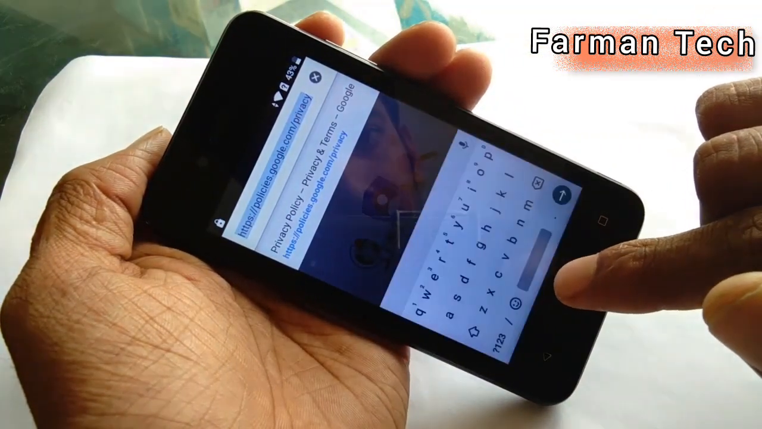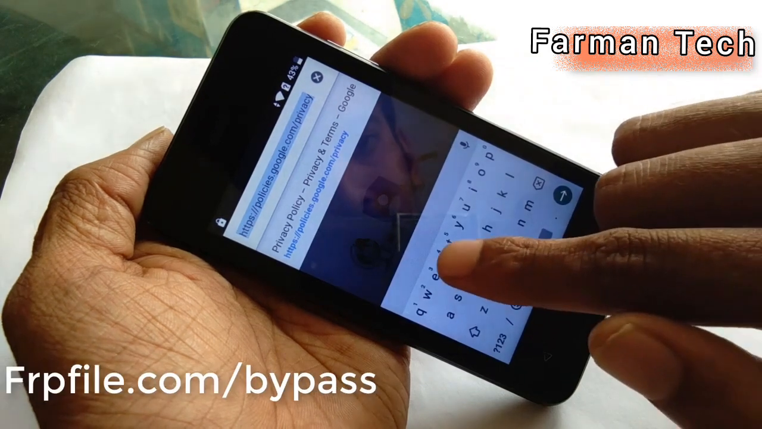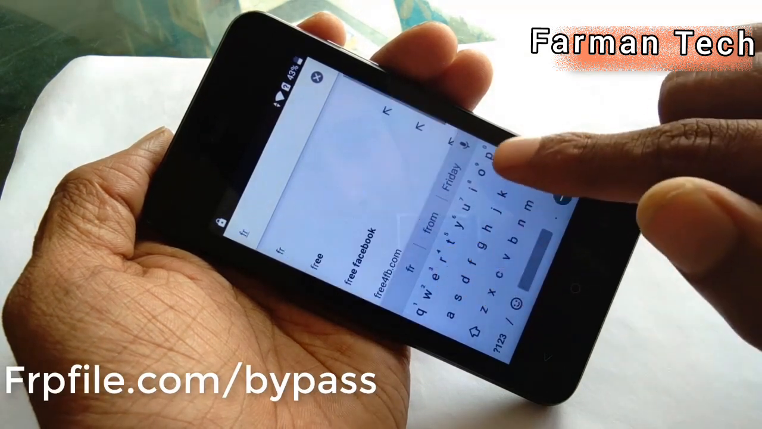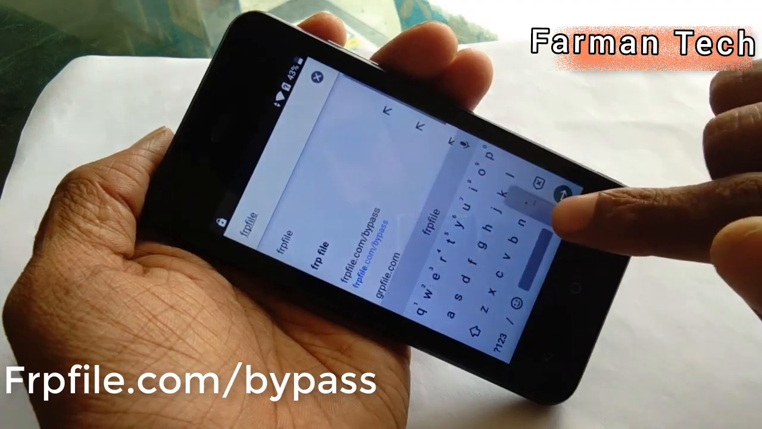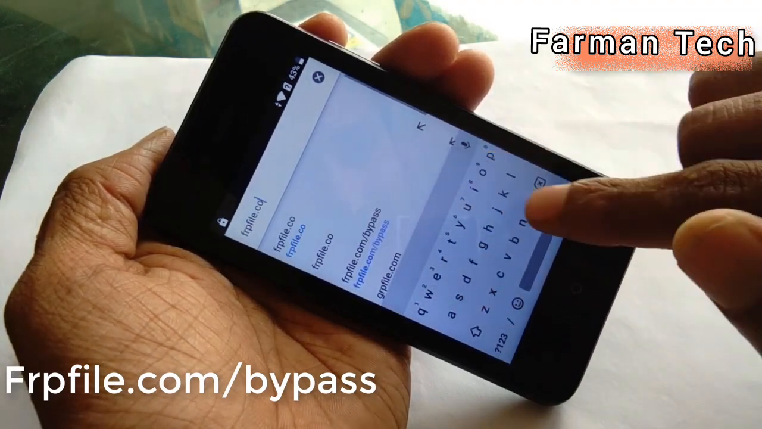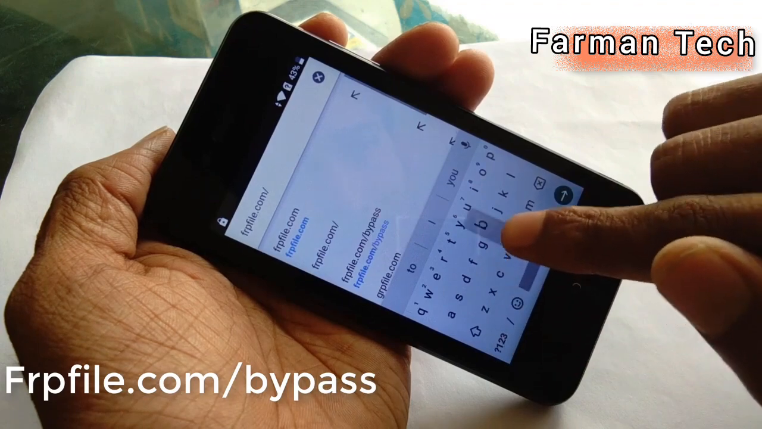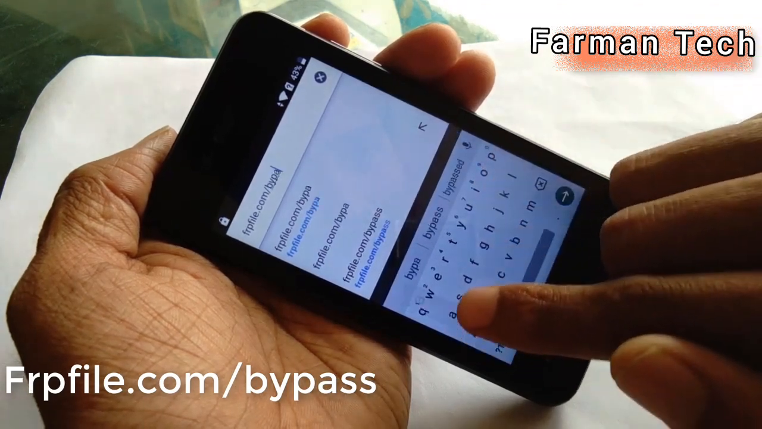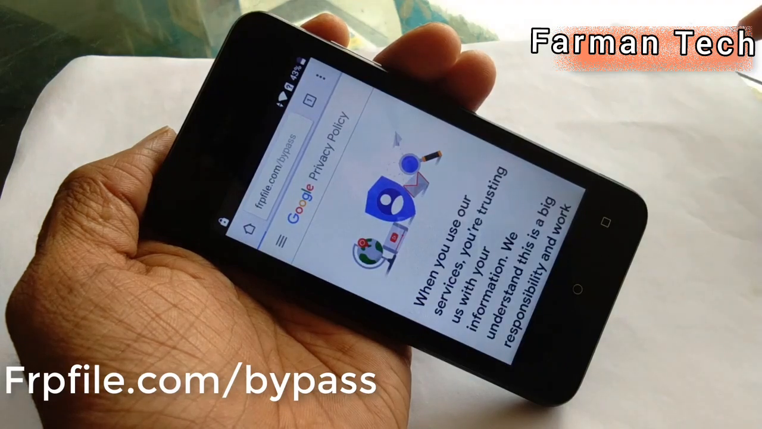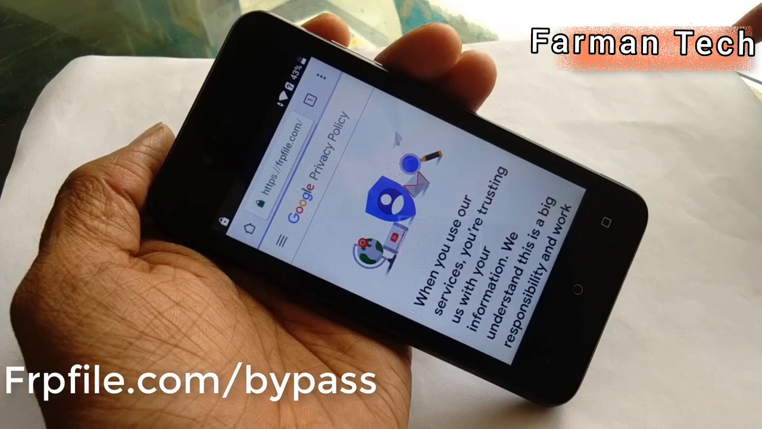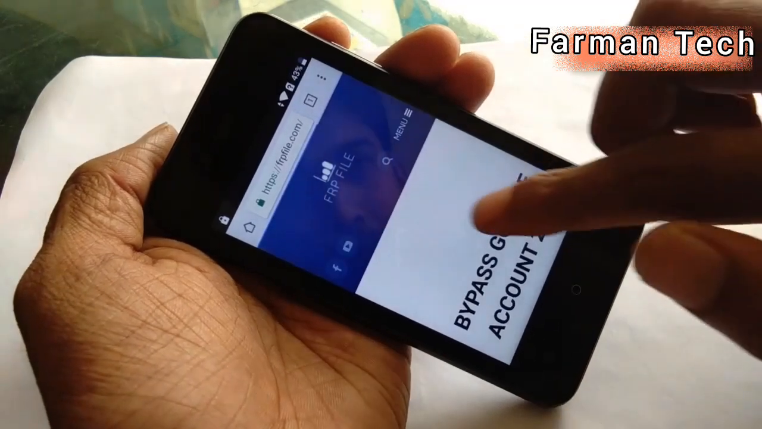frpfile.com/bypass. Search it. After that, scroll down,